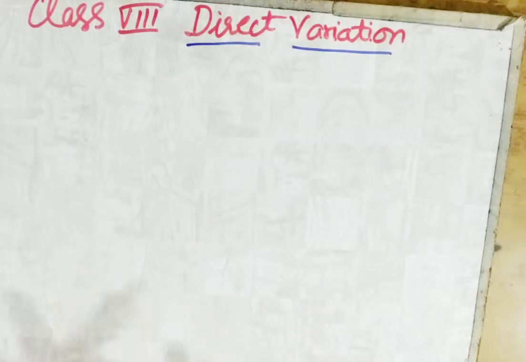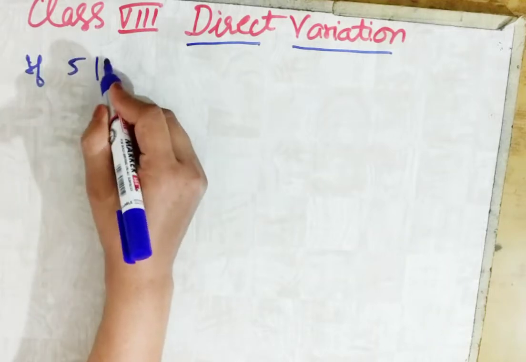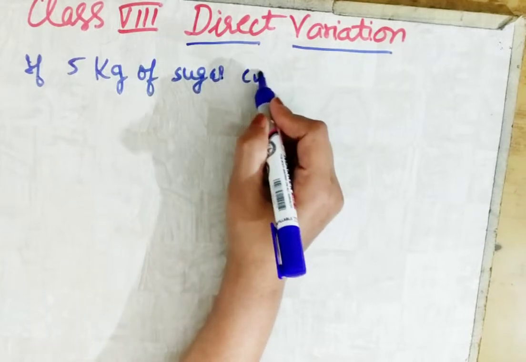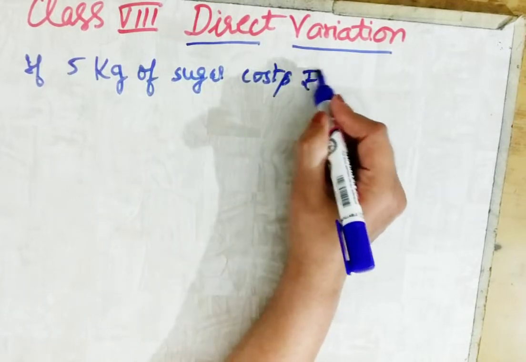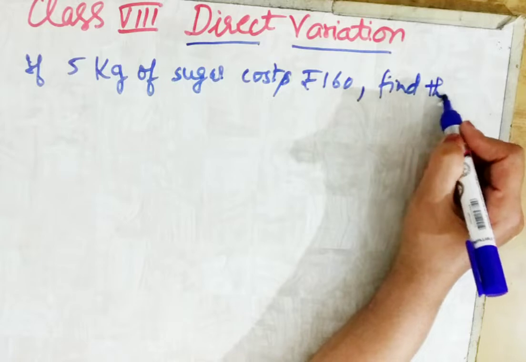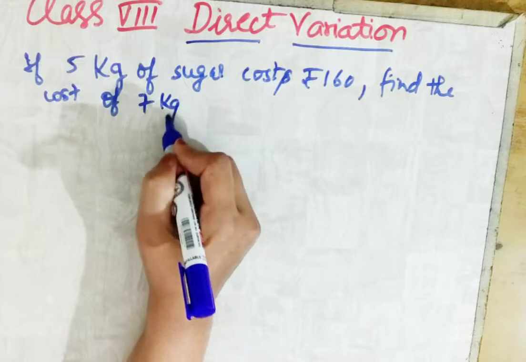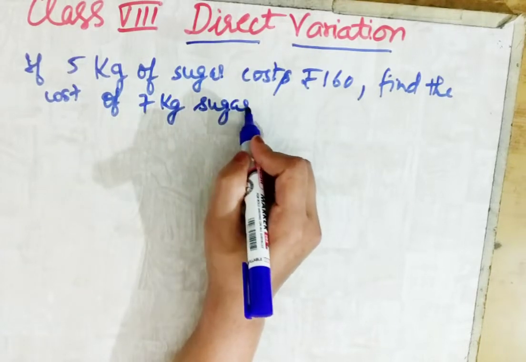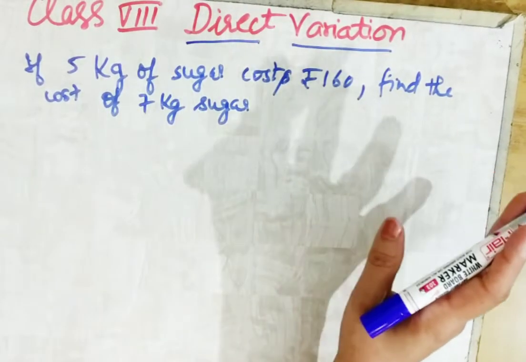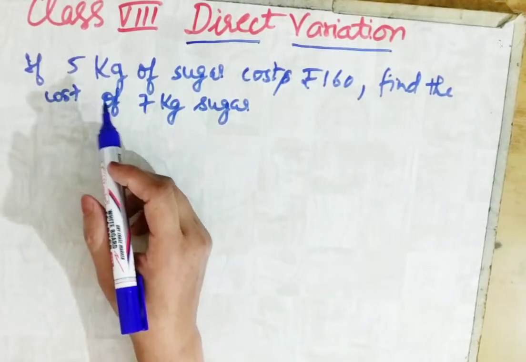Write down, I am first writing the question for you. If 5 kilograms of sugar costs rupees 160, you have to find the cost of 7 kg sugar. You are given the cost of 5 kg sugar, 160, and you have to find the cost of 7 kilograms of sugar. So children, first of all you have to correlate